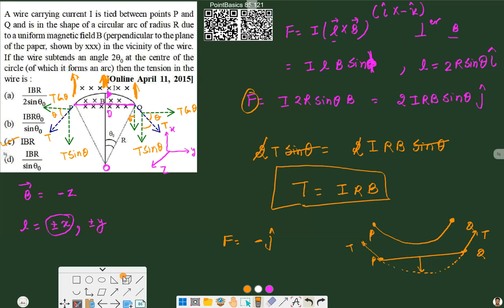Now moving to the next one, and how they are fixed, it is already mentioned that it is tied between the points P and Q. So moving to the next one,